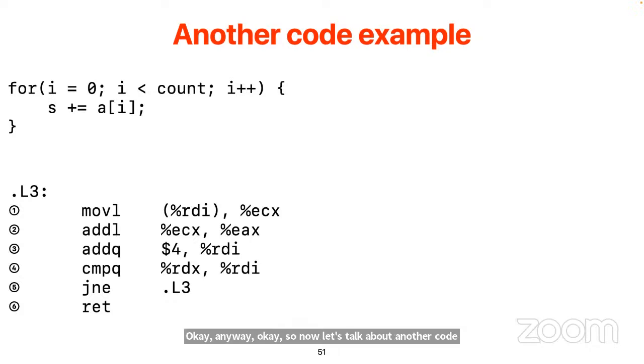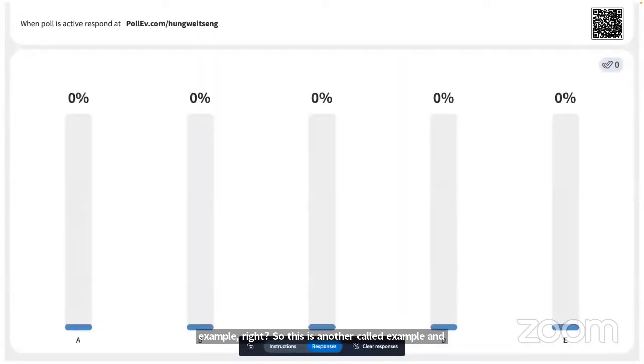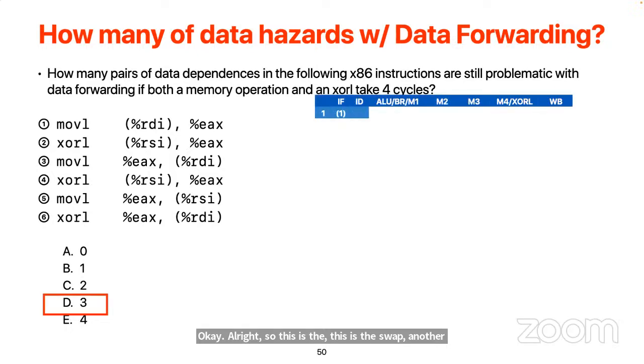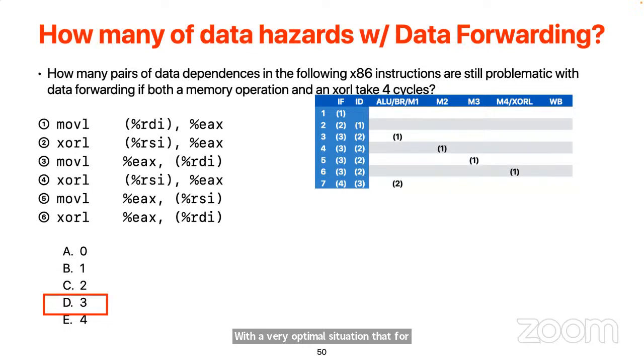So this is another code example, and, oh boy, why is my order wrong. Okay, all right, so this is another version of the swap that I have. If you look at the swap and draw the same pipeline diagram, even with data forwarding, in a very optimal situation where for XORL I only assume the delay will be 4 cycles, even with that, you will see